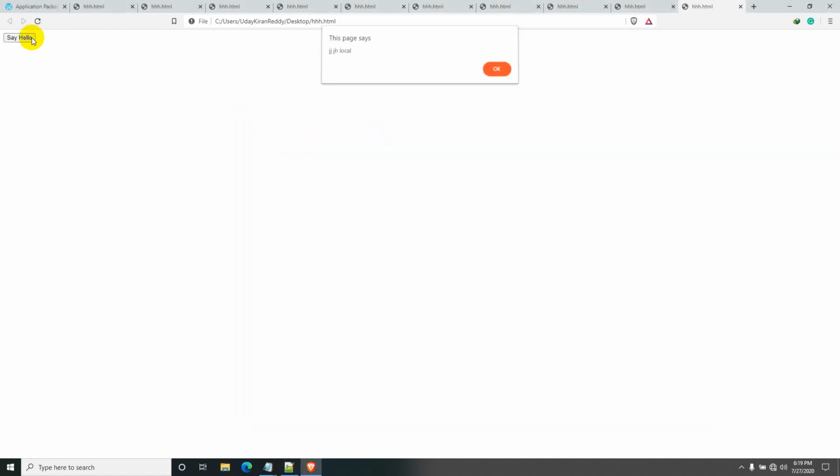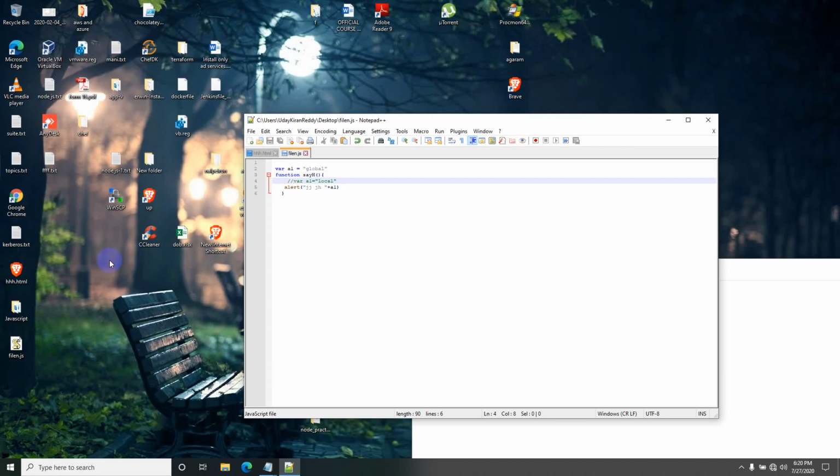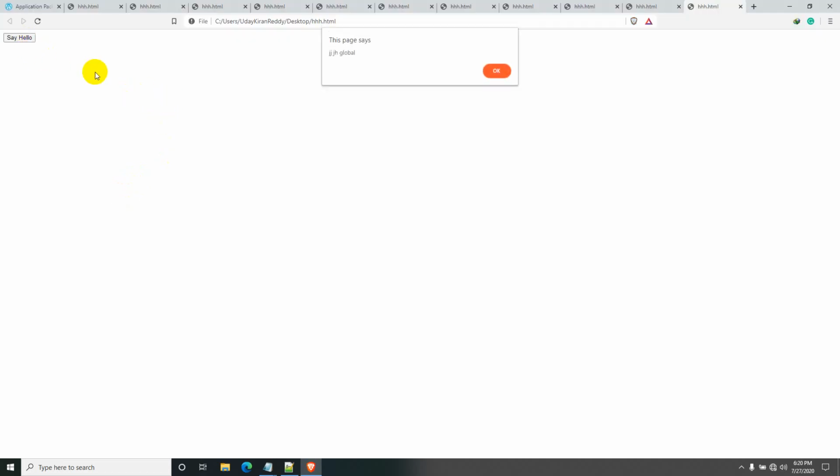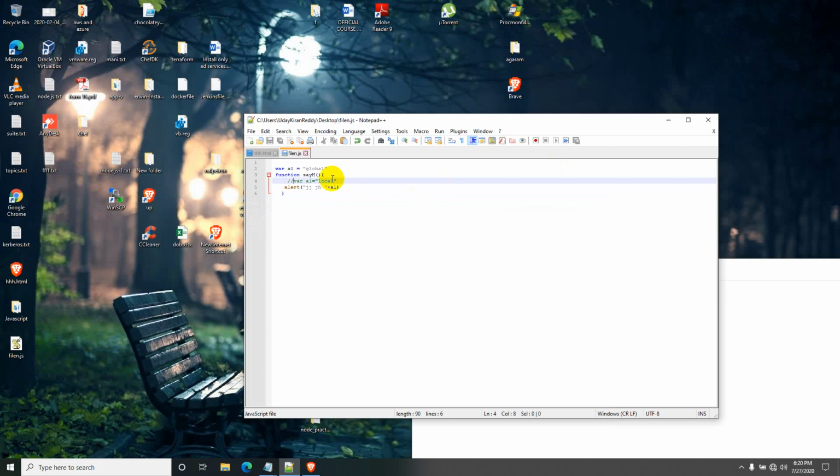So when I click say hello again, let's reload it, or close and open again. You see it is showing global now, because as the local variable is not there, next it is picking the global variable, which I can use anywhere.